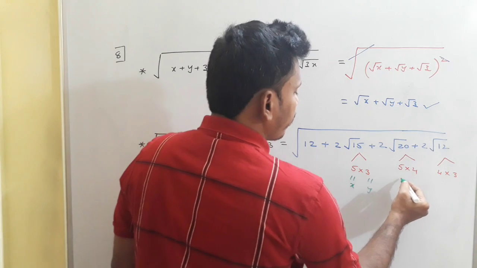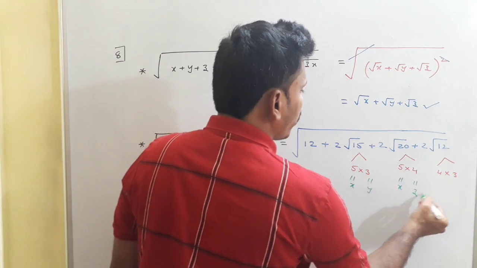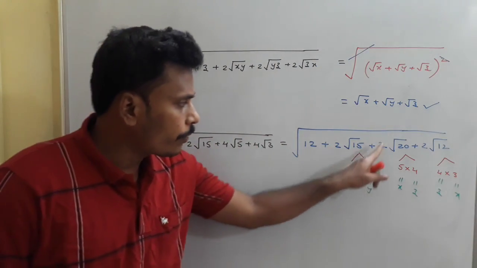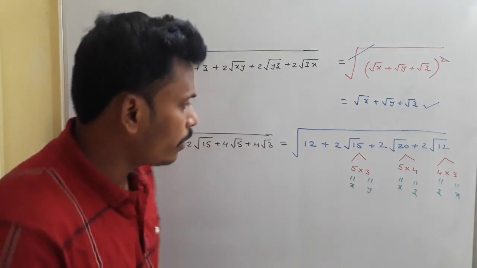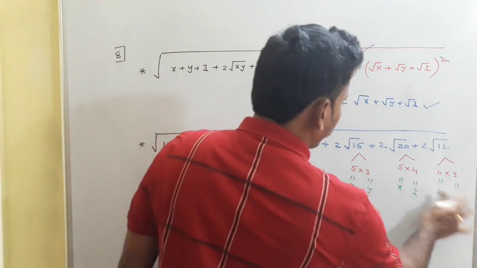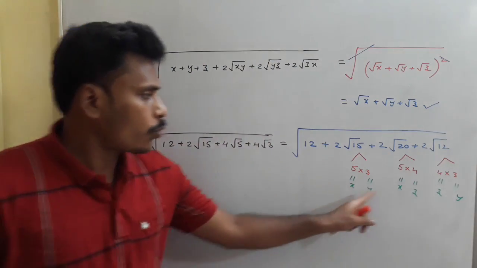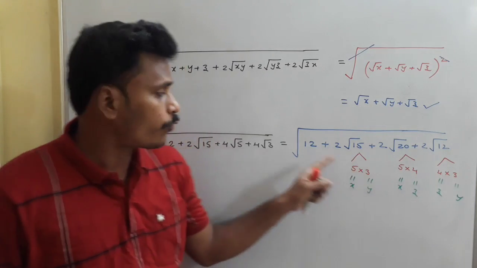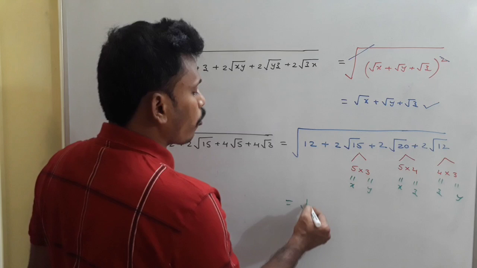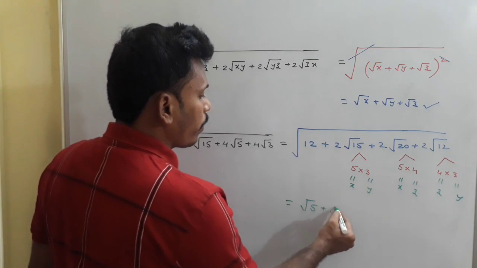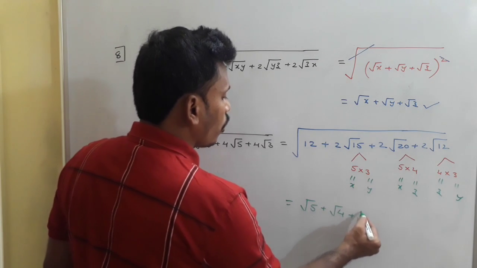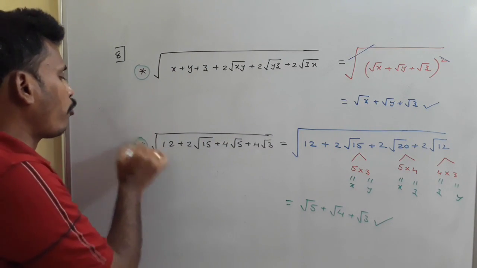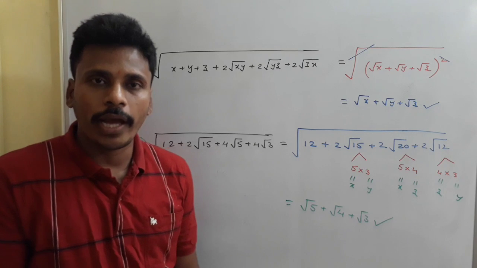Okay, and this 5 is x, take 4 as z, this 4 is z and this 3 is x, right? So 2 root xy, 2 root xz, 2 root yz, with 3 as y. So xy, yz, zx, and x plus y plus z, if you add 5 plus 3 plus 4 is 12, and so your answer for the problem is what? Root 5 plus root 4 plus root 3. There ends the problem. So this is another type of problem in surds which requires this answer.